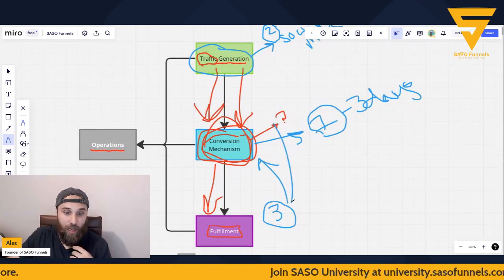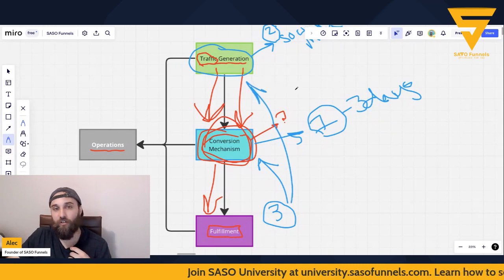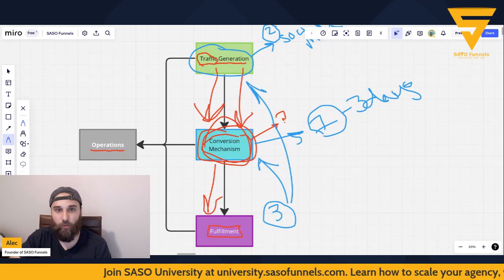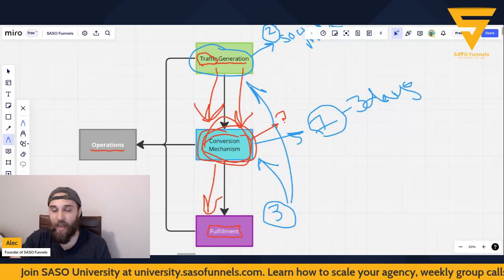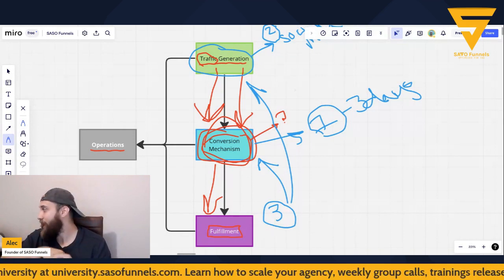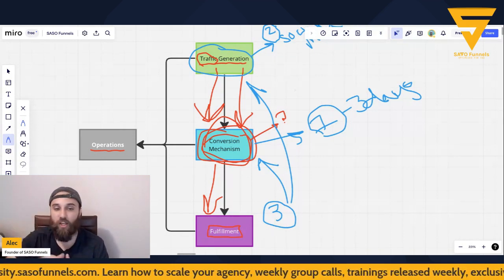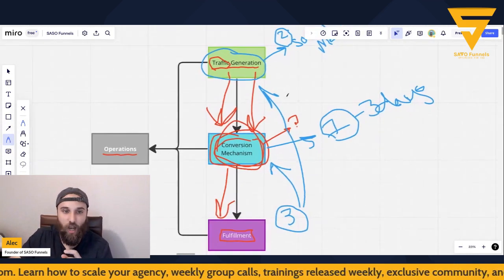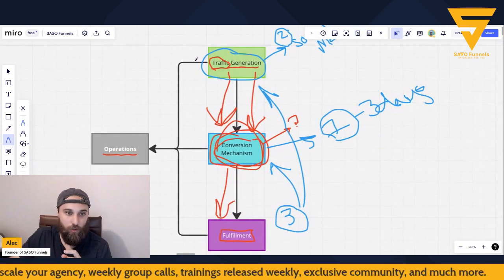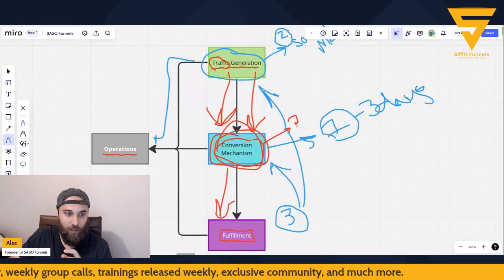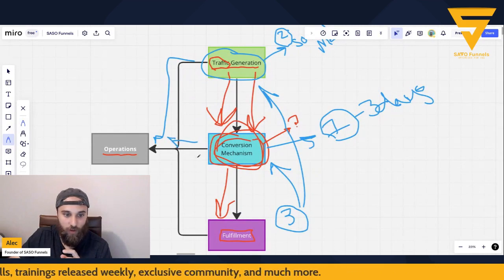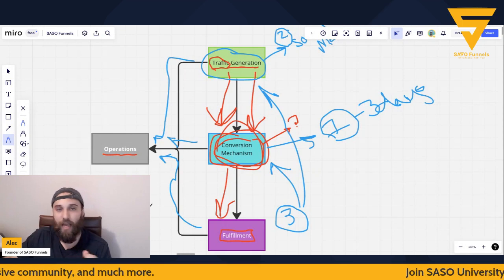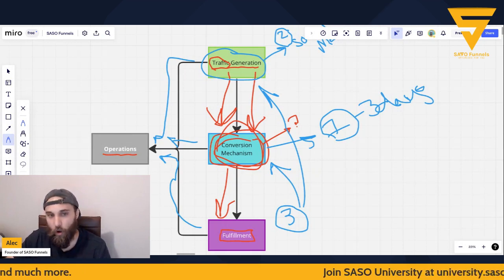You can document how you're building your traffic generation assets, whether it's social media, SEO blogs, paid ads, cold outreach, any of that content. You can start documenting how you do that. And as you document how you do that, you start creating the SOP for every single one of these. And that is going to be essentially the operations. It's going to be how you structure everything, how you automate everything.